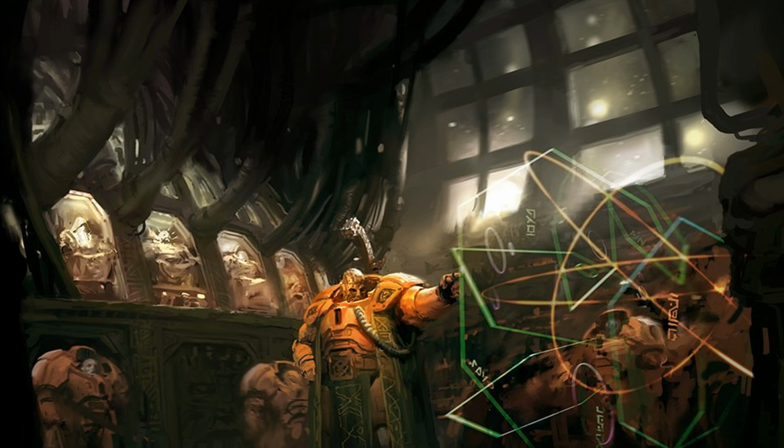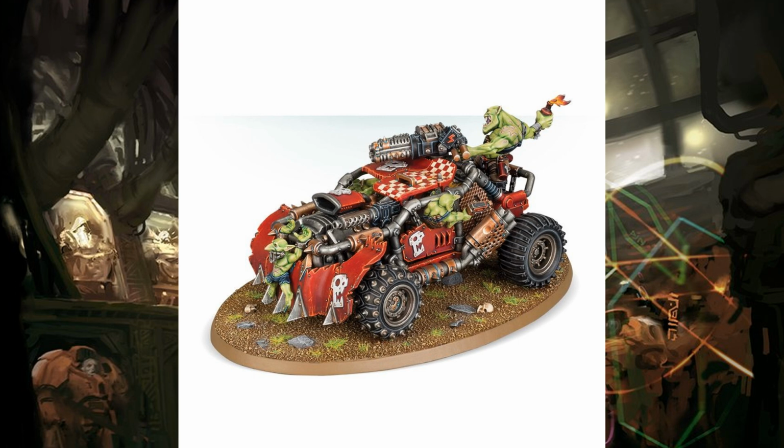This is the super cool one that I must admit I'm really looking forward to. It is the Boomdacker Snazwagon. Super cool vehicle. Obviously it's part of the Cult of Speed for the good old Orc range. Really good stuff. Genuinely a lovely mini, and one that I definitely want to get painting on, which will be